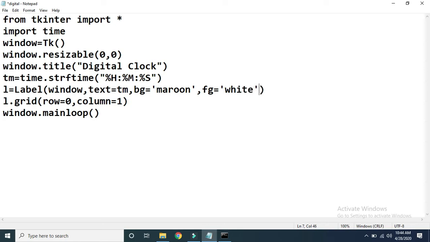Then let us assign some font here. If we want to assign a font, then we have to use the font attribute, and in brackets we have to write initially the font name. Then we have to give a font size. Let us assign the size as, suppose, 24. Let us use these many attributes and verify the output initially.